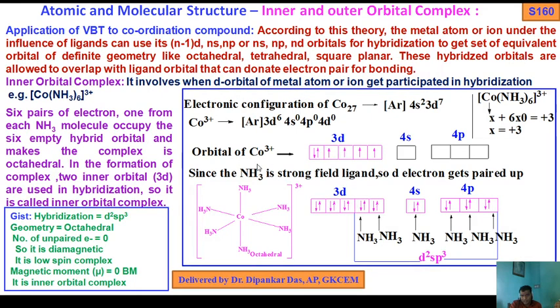Keep in mind, this is cobalt 3 plus. These 4 unpaired electrons get paired up. So 3 orbitals are already occupied by pairs of electrons. The remaining 2 d orbitals of 3d remain vacant, so there is no unpaired electron. That's no question of paramagnetism. It is diamagnetic, a low spin complex, and these 2 vacant 3d orbitals take part in the hybridization. That's why it is called d2sp3 hybridization.